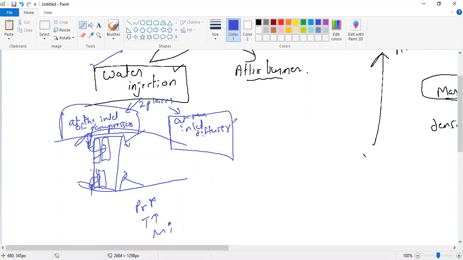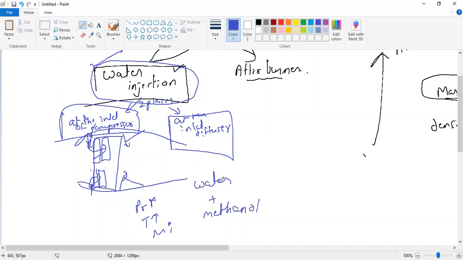Understood? Secondly, what they decided is, why use only water? We can use a mixture of water plus methanol. Methanol is basically the alcohol of category 1, this 1 carbon alcohol. So instead of using the water, we will use a mixture of water and methanol. Methanol is the alcohol. The people that drink the alcohol, that is ethanol. The one which can be drunk is ethanol.